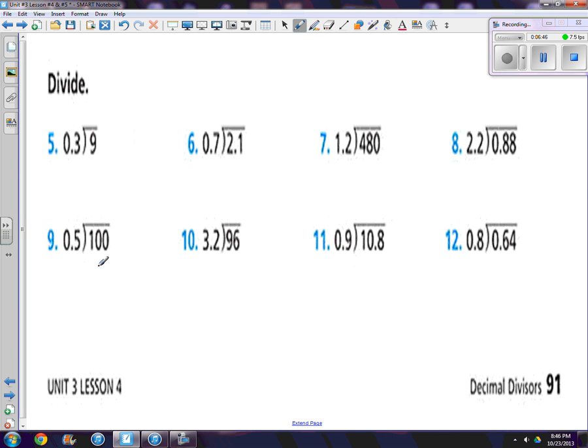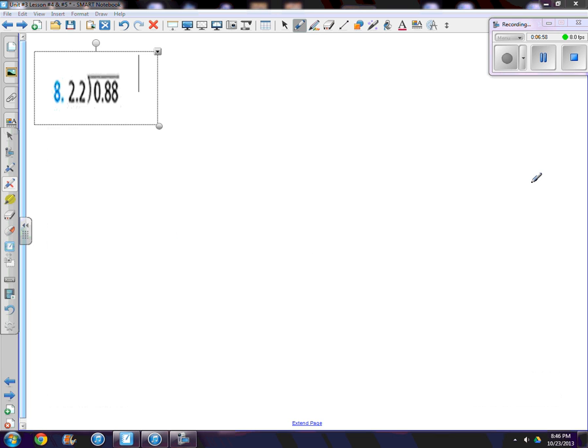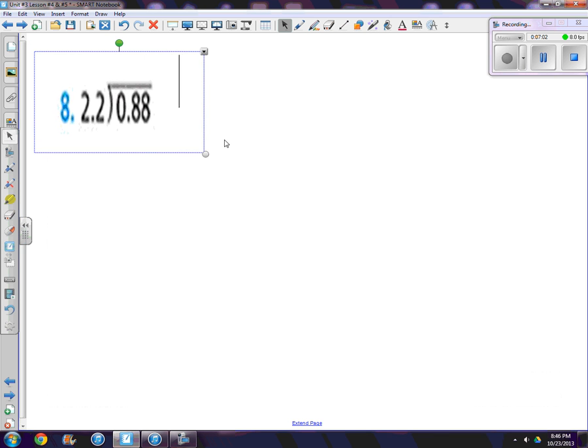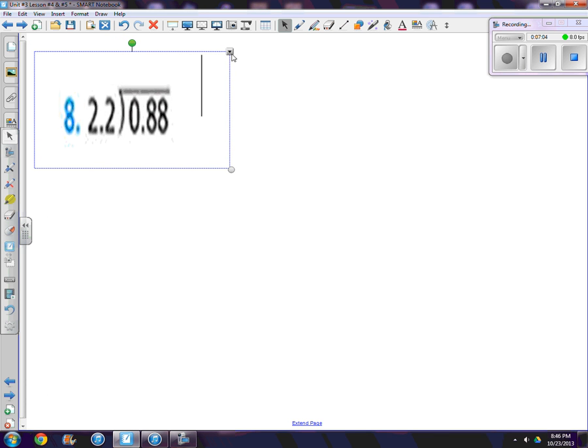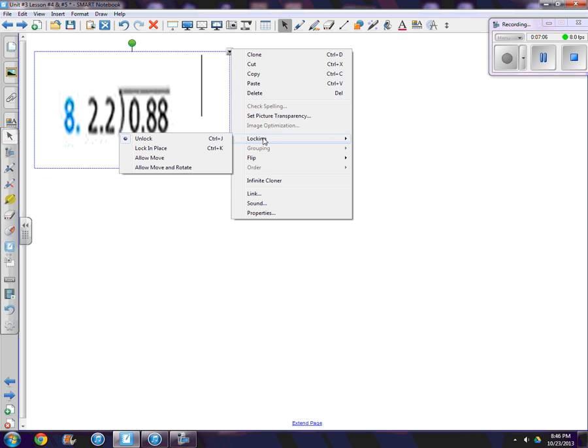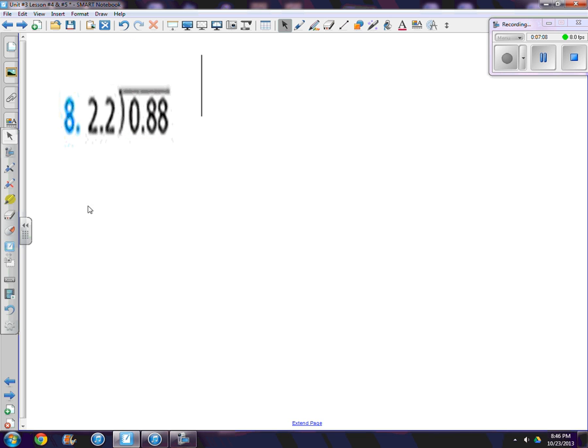Let's go back. Let's look at, say, number 8. So in your black notebook, copy down number 8. I'm going to go ahead and do the same here. All right, so here we have 2.2 into 0.88. Okay? Again, the first thing you want to do is, if you think of it as multiplying by 10,